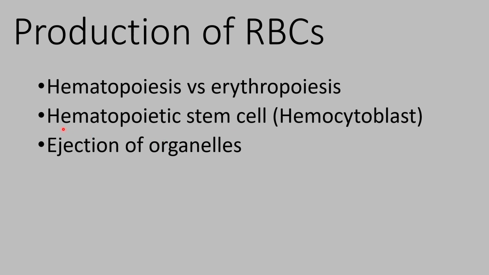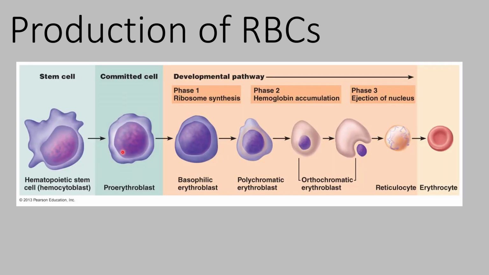Now, as we're making the erythrocytes, these hematopoietic stem cells are going to produce a cell that's going to go through some changes and eventually eject its organelles, since we're making erythrocytes. So here is the step-by-step production of an erythrocyte. We begin with that hematopoietic stem cell, the hemocytoblast. If it's going to produce an erythrocyte, it goes through cell division. One of those cells remains a hemocytoblast. The other cell becomes something called a